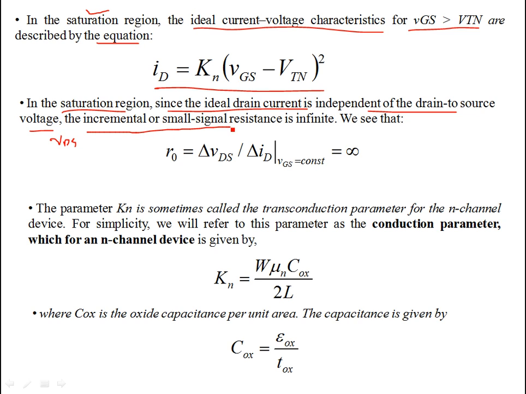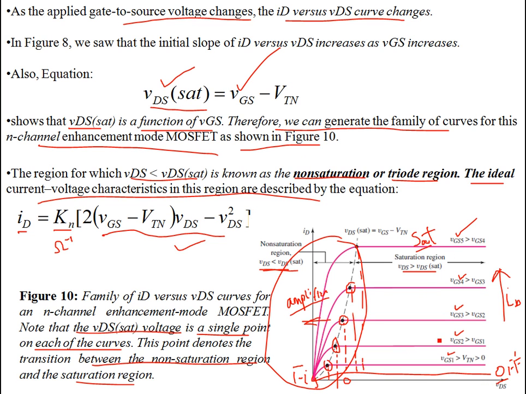So the incremental or small signal resistance is infinite. What it means is that even if you increase VDS, since the slope is 0, a small increase in VDS over here, let's call this delta VDS,